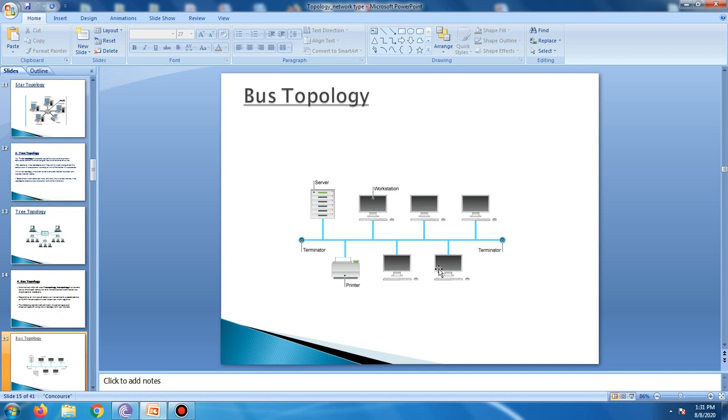A bus topology, on the other hand, is multipoint. One long cable acts as a backbone to link all the devices in the network. Nodes are connected to the bus cable with drop lines and taps. A drop line is a connection running between the device and the main cable. A tap is connected either into the main cable.